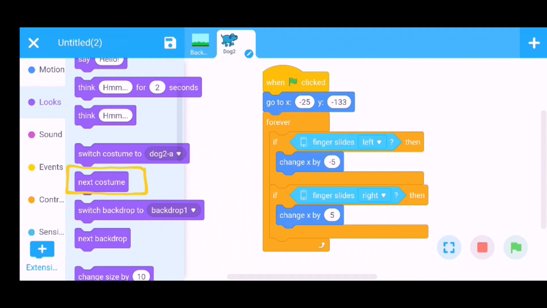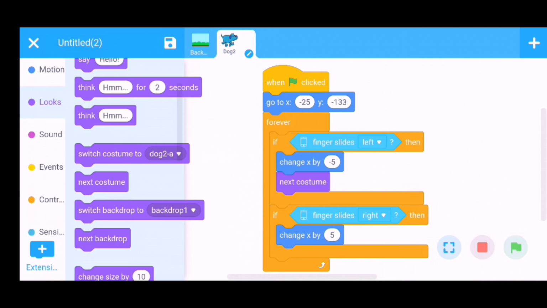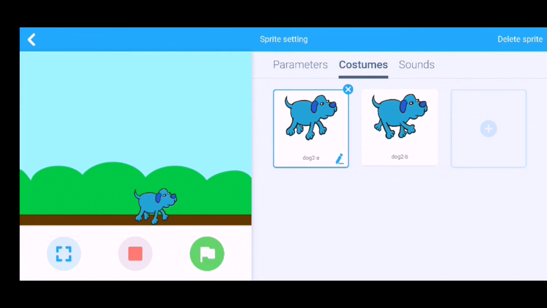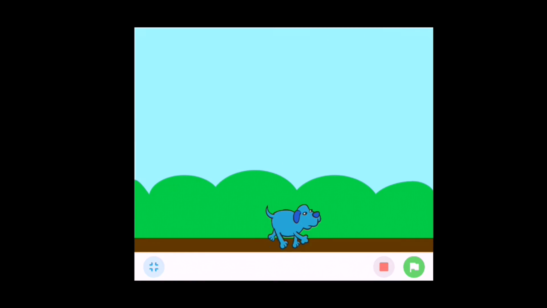Use this command, drag this command, put there and there. Then again click on the flag. Now look at the movement of the dog. Look at here the movement of the dog. Here the legs of the dog look like natural movement. This is the natural movement. Okay, fine.